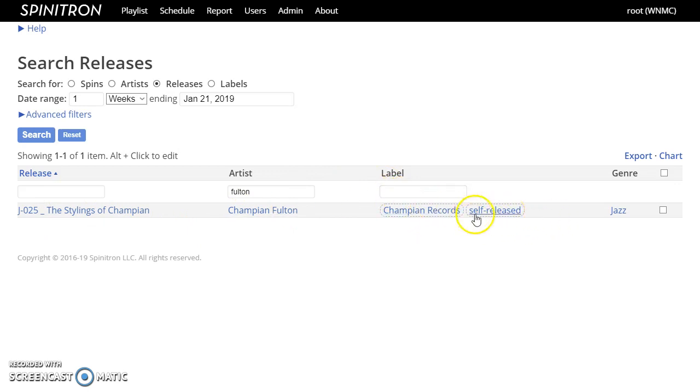Some inconsistencies in the record, label for instance, but that's no big deal. It's not going to affect the spins. I know Spinitron used to be very sensitive to this sort of thing. This would be two different records before. But they seem to be much better at merging very similar records nowadays. Yeah, and that's that. That's how you do a chart and how you edit a record in order to merge